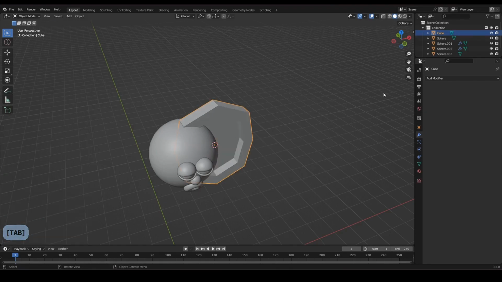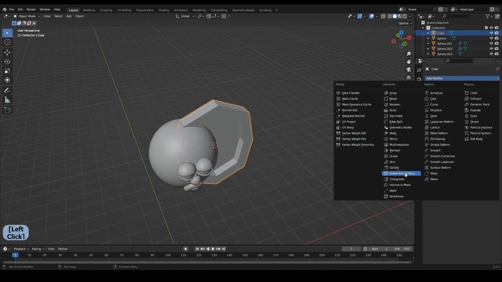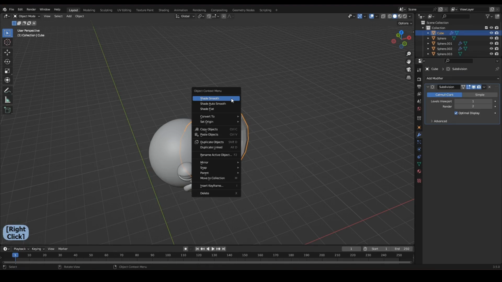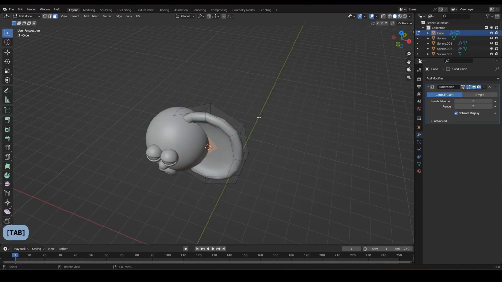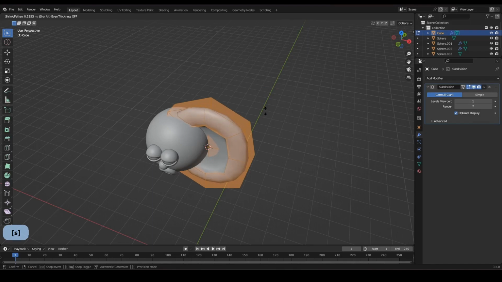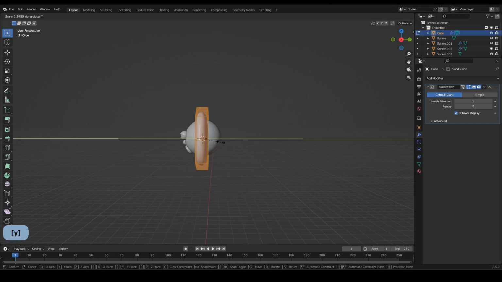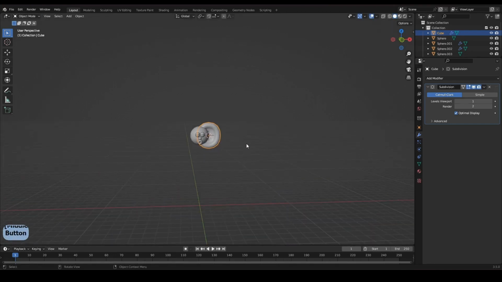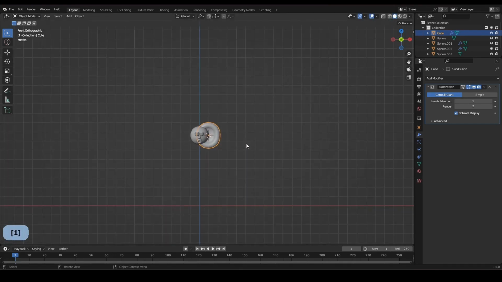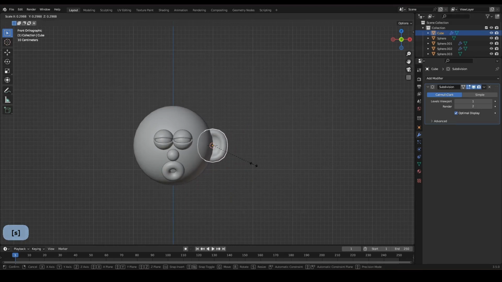Now go to object mode and add a subdivision modifier, right click, make it shade smooth, and in edit mode I just select all with A and Alt S to scale it kind of outside, and now scale this one in the Y direction to make it a little fluffy. Now come to the front view with numpad 1, scale that,